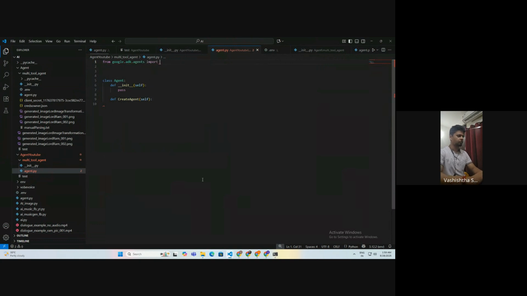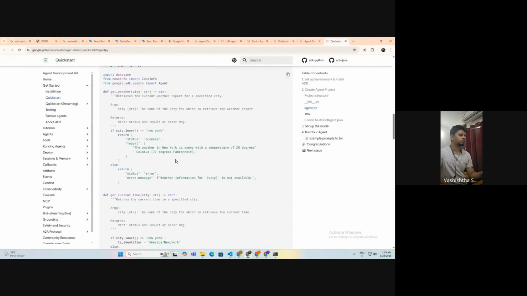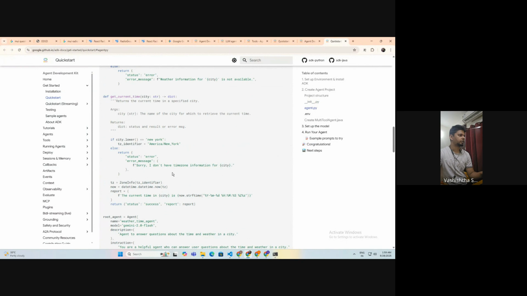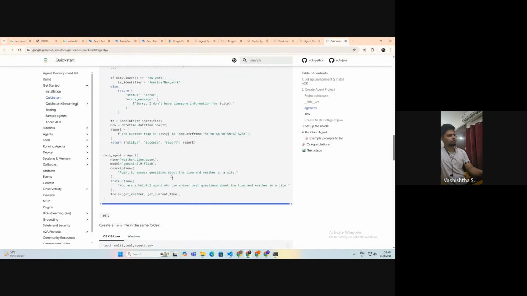From google.adk.agents import Agent. LLM based agent. All right, this is fine. And I'll have to create some functions of my own to pass as tools.